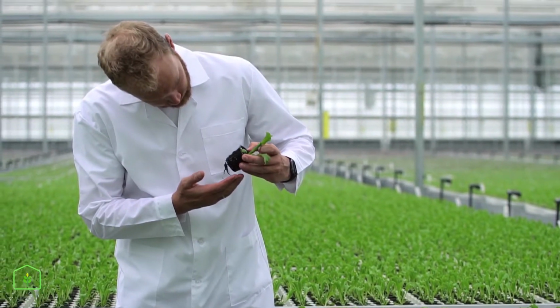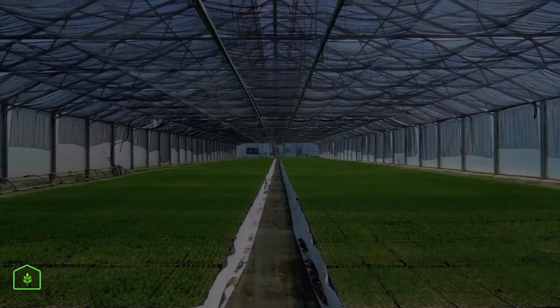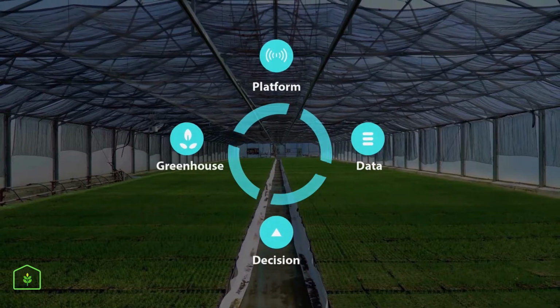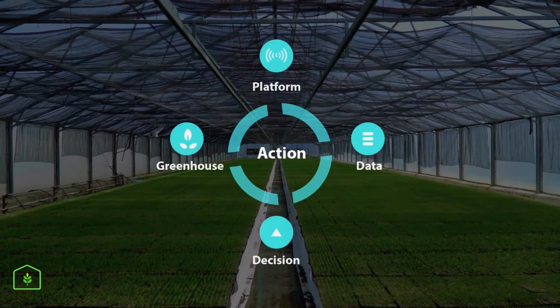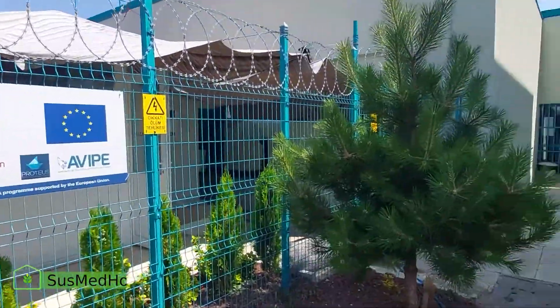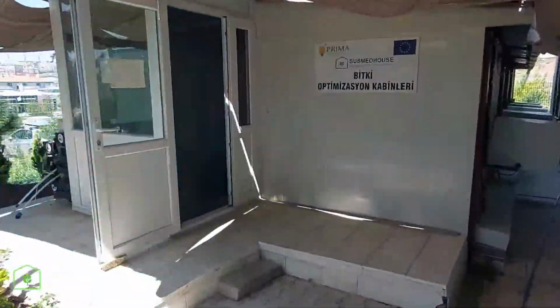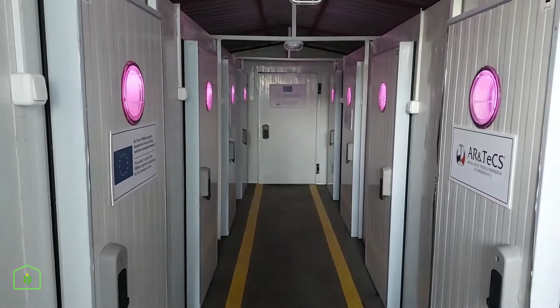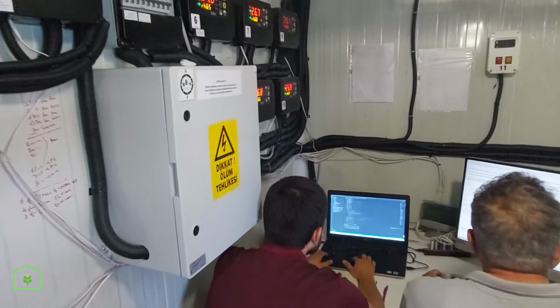To find the best environmental conditions and fertigation composition for tomato, lettuce and pepper plants that will complement the high-tech solutions of SusMedHouse, a particle swarm optimization algorithm has been tailored for plant cultivation and optimization software was developed in the Python programming language. To perform the optimization experiments in a timely manner, plant cultivation cabins have been built in the backyard of Artex. A control and automation system was developed to precisely control the environmental conditions and plant irrigation in